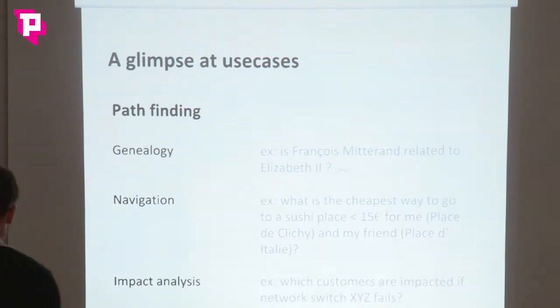Impact analysis, actually another real project, for a French telecom operator. They have to provide service all the time. They have some contracts: if the service is interrupted, they have to pay a penalty to customers. So they want to know, on the whole French territory, if one network switch fails, who will be impacted? Which customers are behind the network components? That's just a graph actually. Who is related to this number? It's exactly the same pathfinding problem.